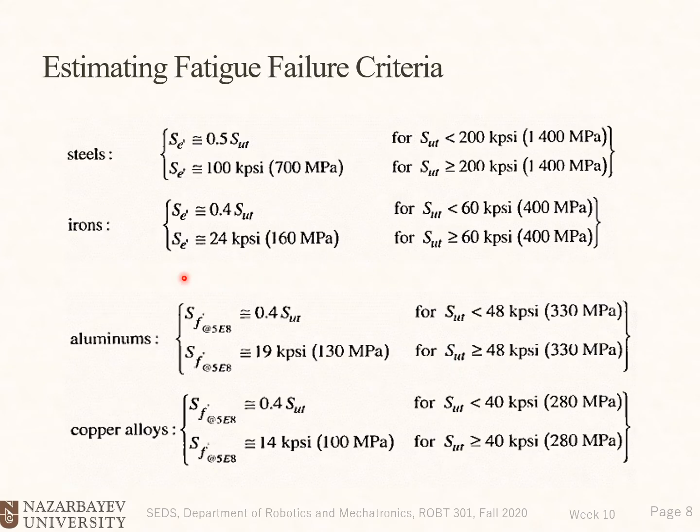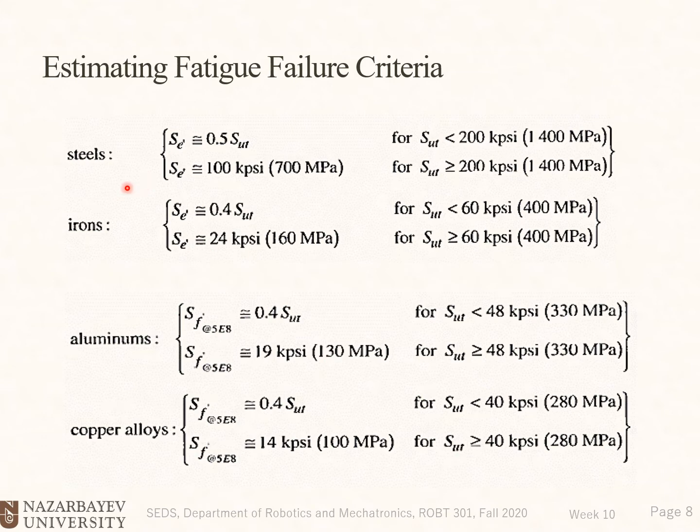Okay, so what are these estimations? These estimations are coming from, again, experimental data, okay? For the steel, uncorrected, this is when we say SE prime or SF prime, it means the uncorrected estimated fatigue strengths. Okay, then we need to apply correction factors to take into account the environment of the machine, different load, different size, different geometry, different temperature, and etc. We'll discuss correction factors. But now at this slide, let's see how we could